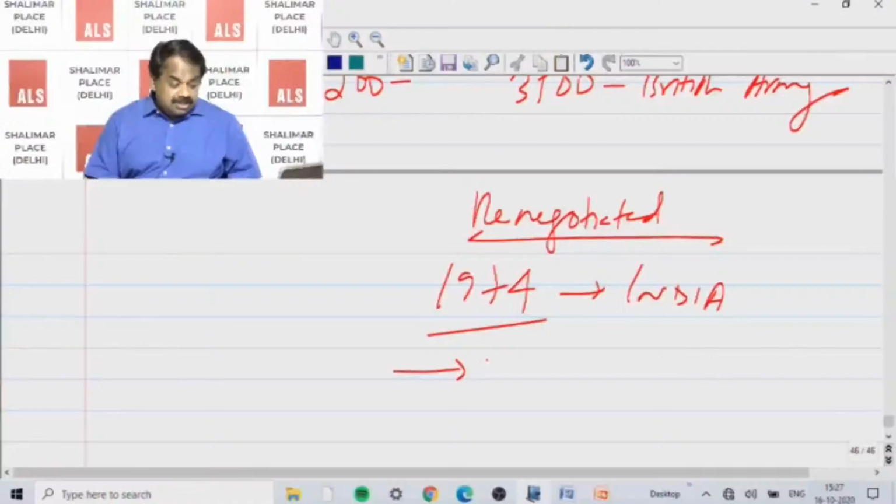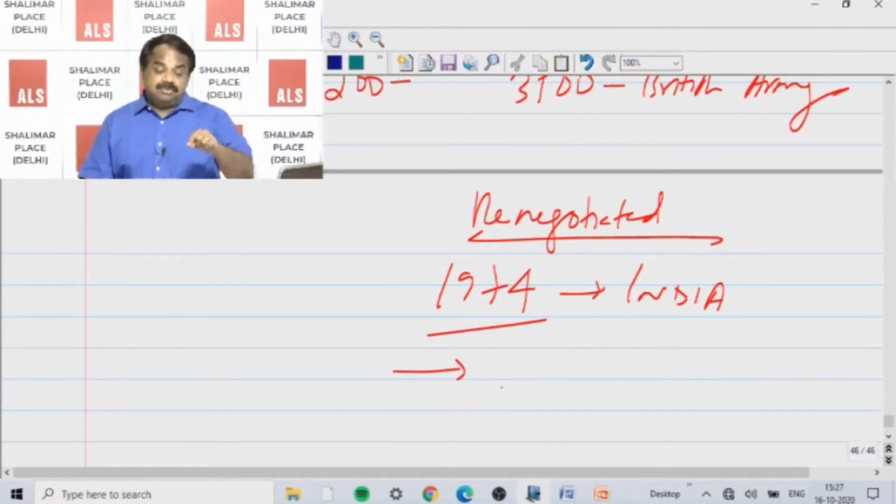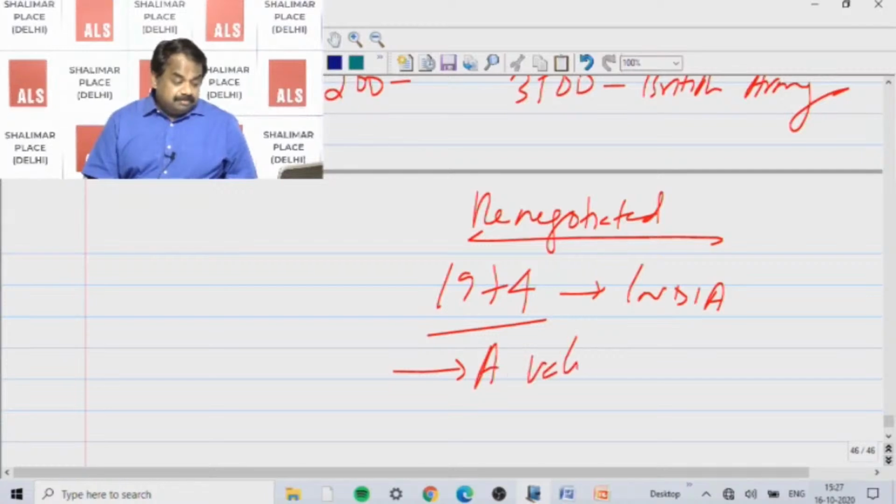In fact, even in 1974, there was a proposal in India to discontinue the recruitment of Nepalis into the Gurkha regiment. But Prime Minister Indira Gandhi at that time rejected it outright, saying that we cannot discontinue the Gurkha regiment or recruitment. And now, according to many experts, this is a very valuable strategic asset in Nepal. These Gurkhas and the ex-servicemen are a valuable